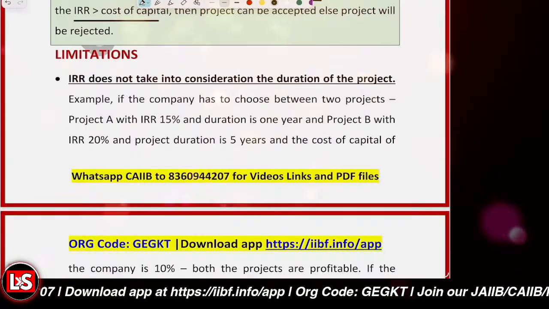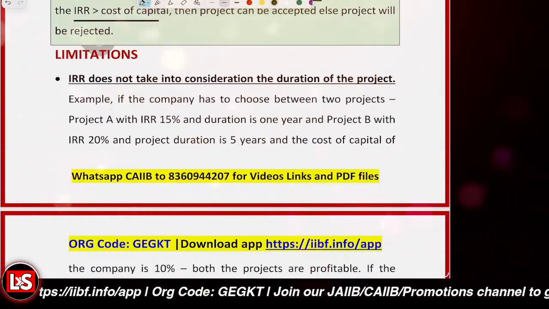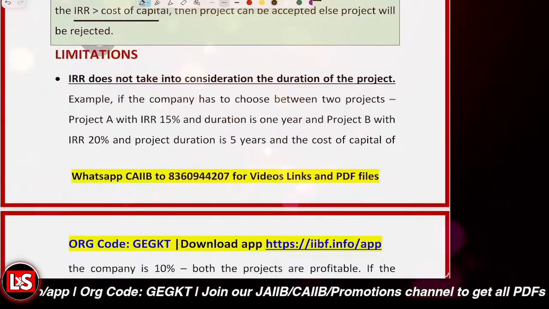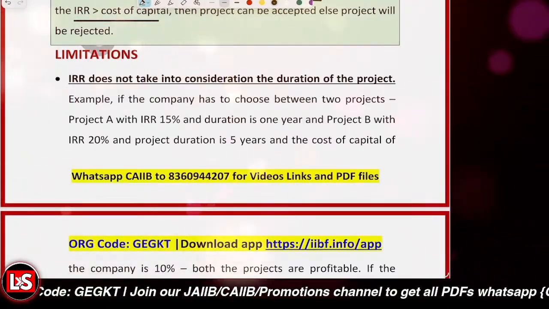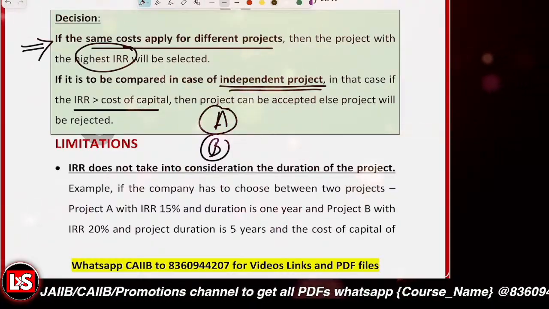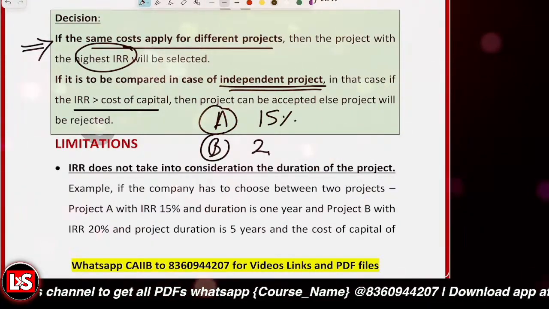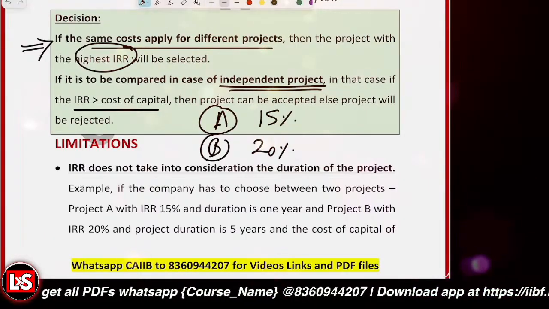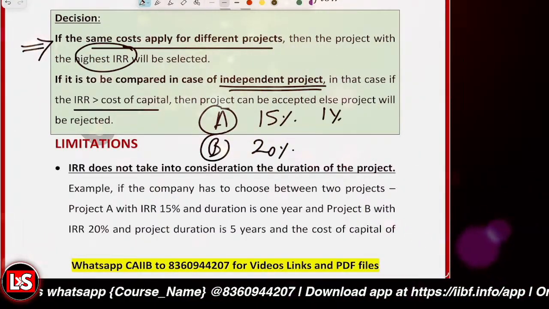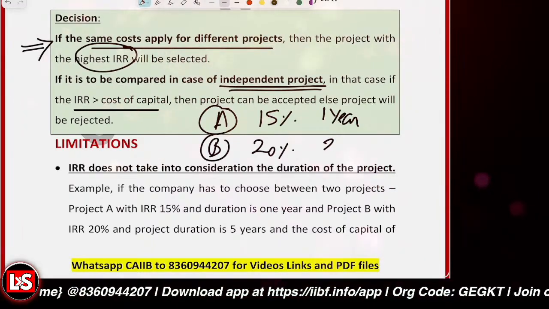And what are the limitations? The IRR ignores the project duration. It just looks into the point. Like if we are having project A and project B, IRR for project A is 15%, for project B it is 20%. And the duration for the first project is 1 year, and for the second project it is, let's say, 3 years,